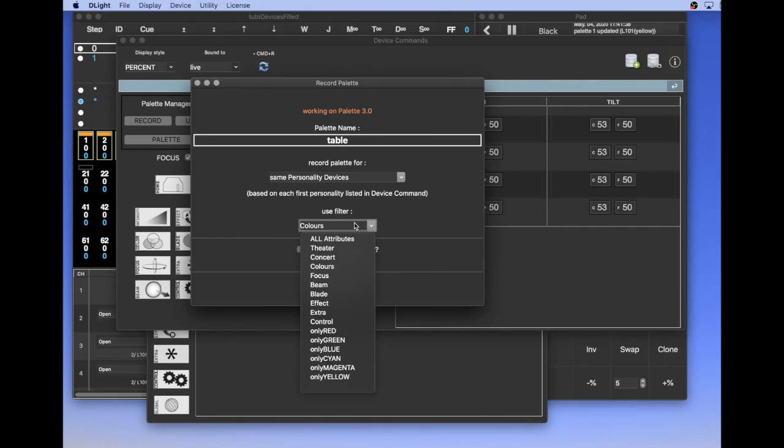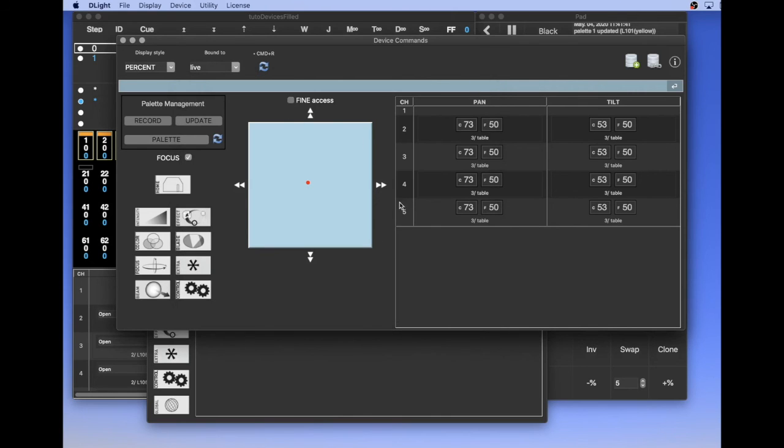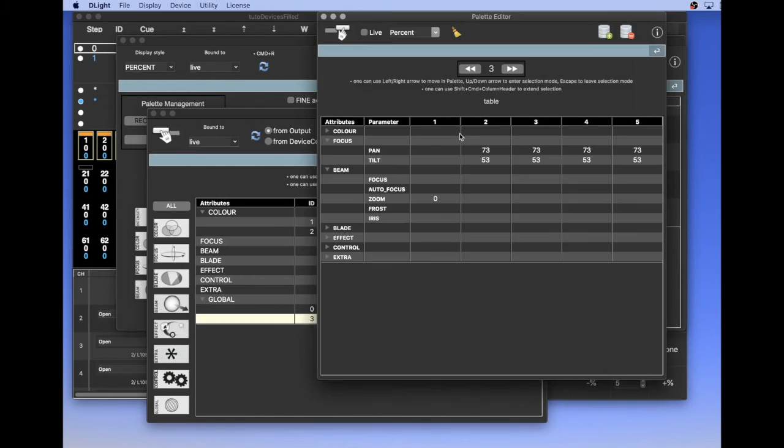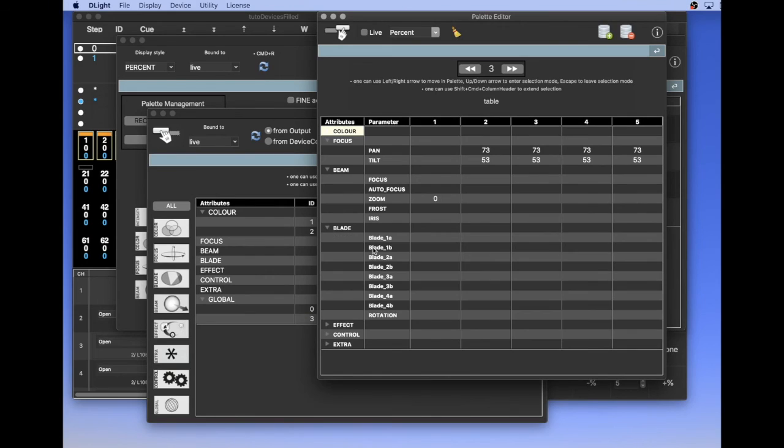You can use, of course, the focus filter in order to record only the focus, but you can also choose the theater filter, and this filter will record focus, but also the beam parameters, and the blade parameters if there are any.